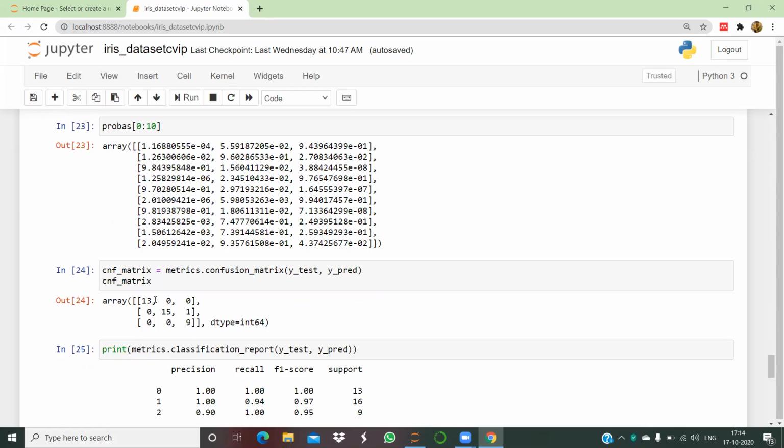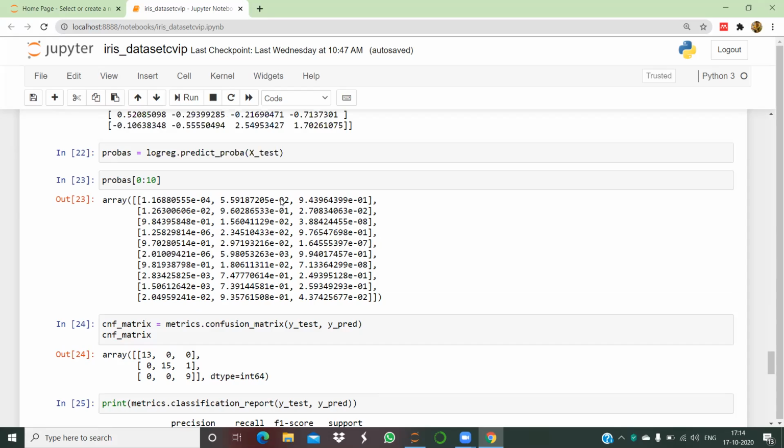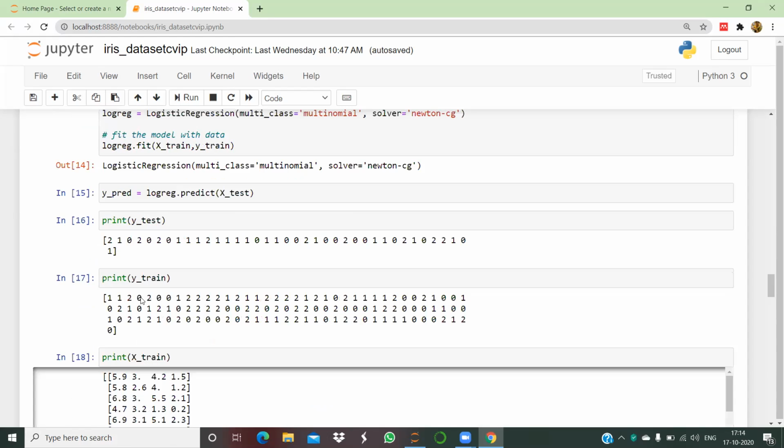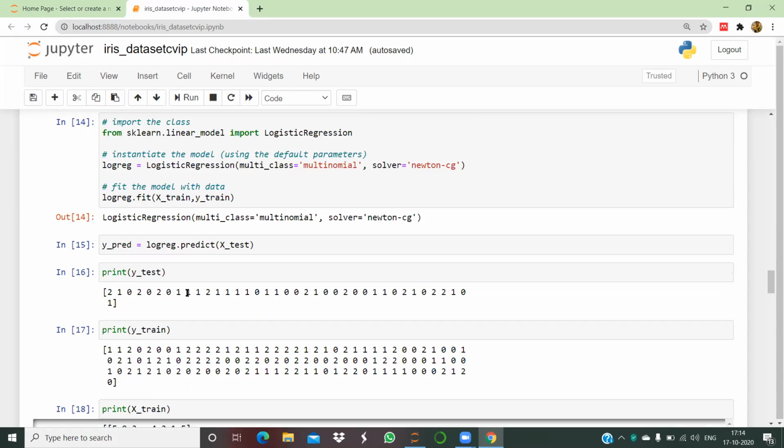In the confusion matrix, one in class 1 is wrongly classified and 15 are correctly classified. In class 2, all 9 are correctly classified. When I count this, it is like 20 something. 1 2 3 4 5 6 7 8 9 10 11 12 13 14 15 16 17 18 19 20, 21 22 23 24 25. Madam, I think